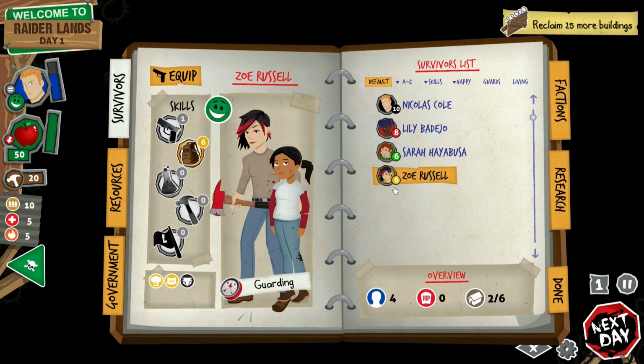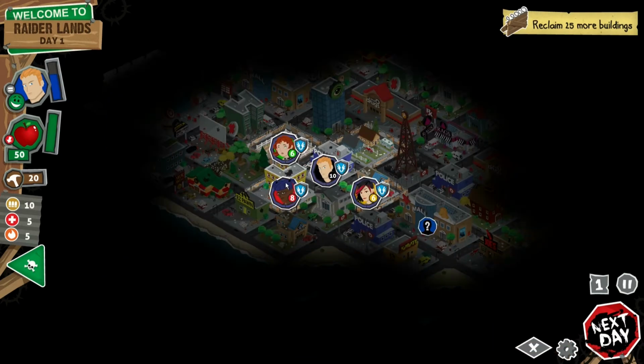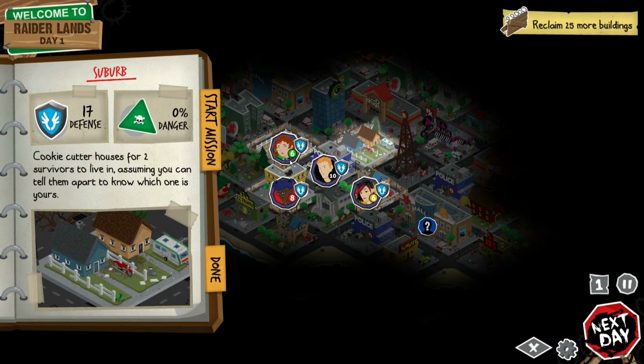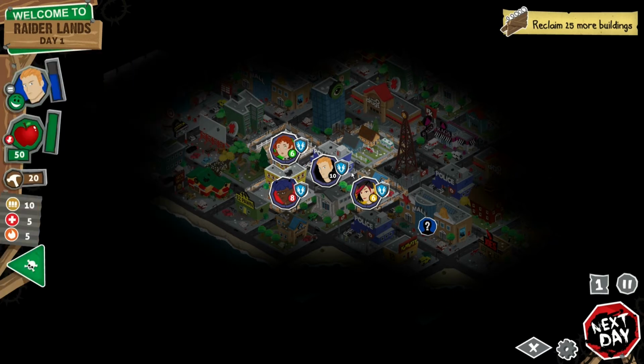And then Zoe is our scavenger, who we carried over from last map. You don't really need to carry over researchers or leaders because you won't have the buildings for them to operate yet anyways on a new map. You only have 4 spaces, and 2 of them are always homes. And, sorry, 3 of them are always homes, and 1 of them is always a farm, so...